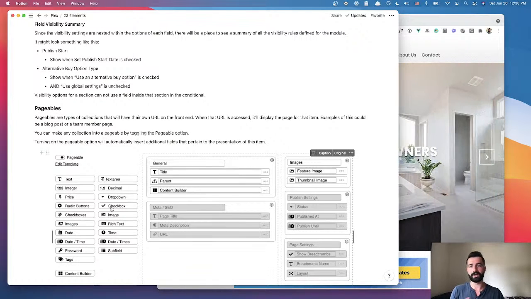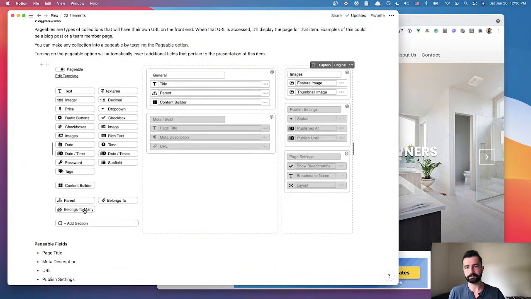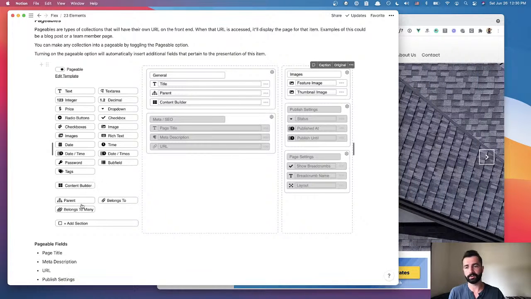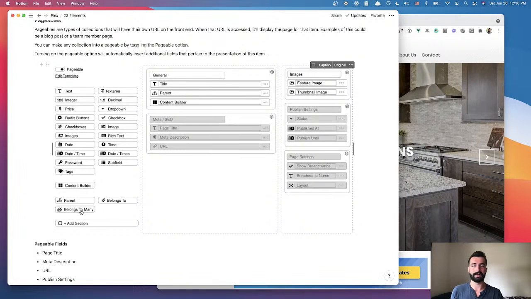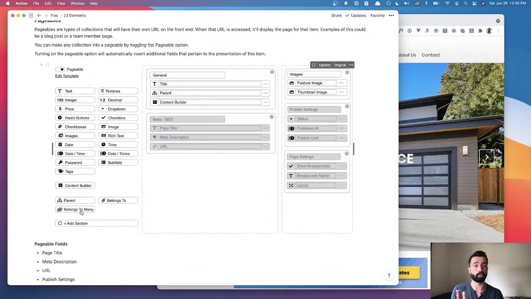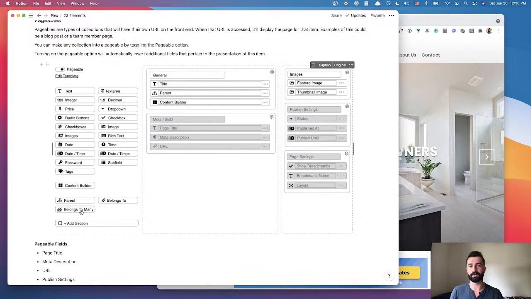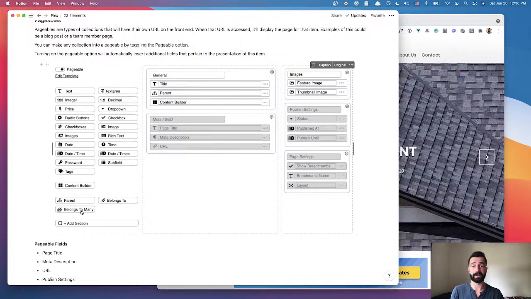But having, for example, a tags or a belongs to many field is not as important as having something like the content builder that works well. The content builder is where you're going to spend most of your time building the website, so I want to make sure that works well for the developer before I go in and try to make a full featured application.